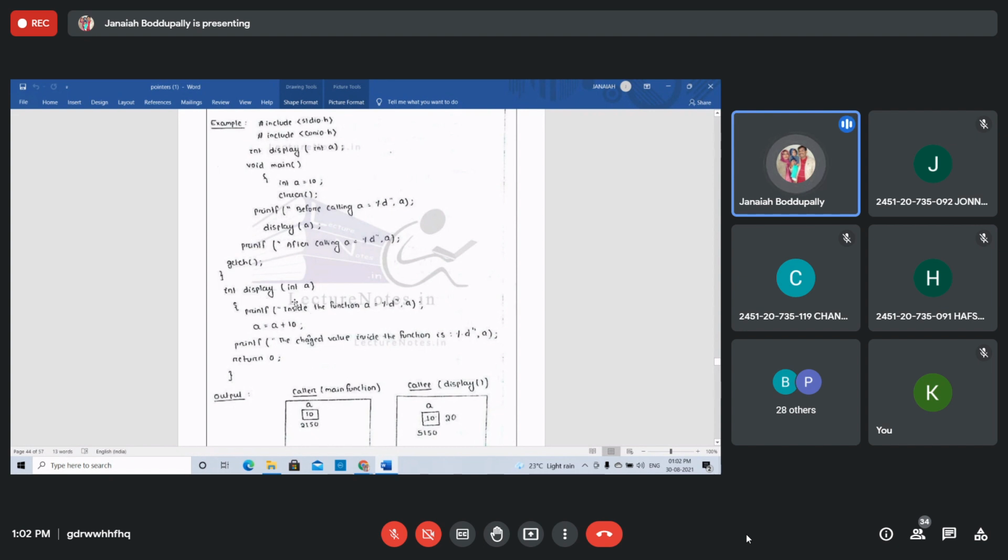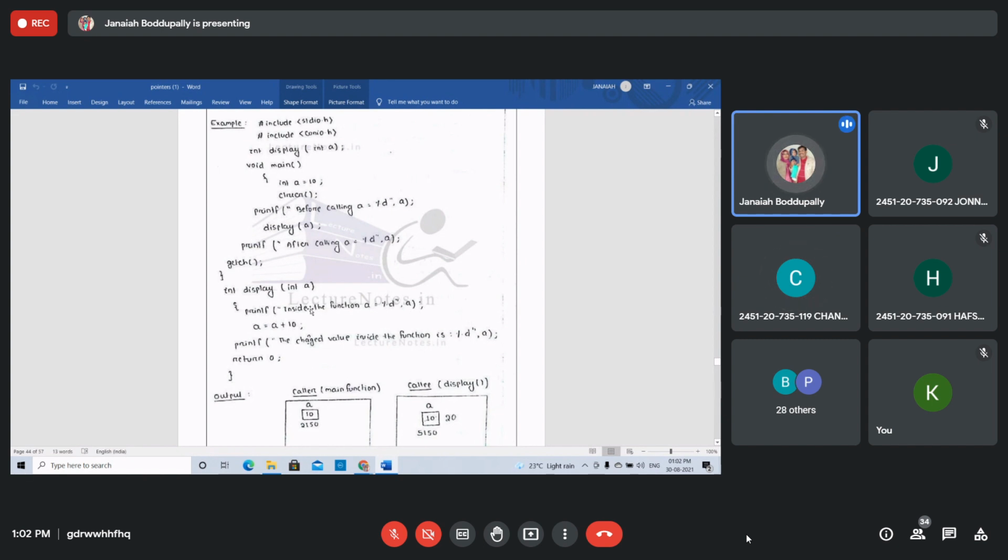Now inside that function definition, printf("inside the function a = %d", a). Are you convinced? What is the output for this printf statement? 10 only, sir.